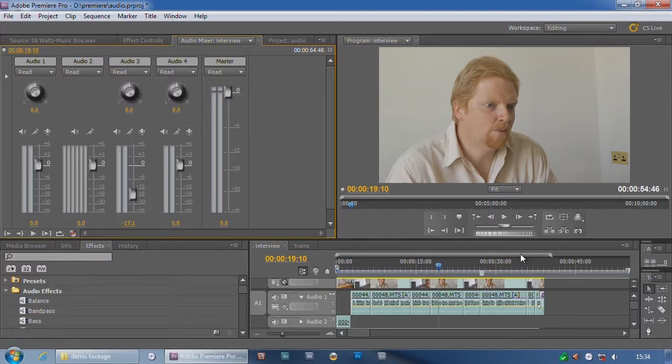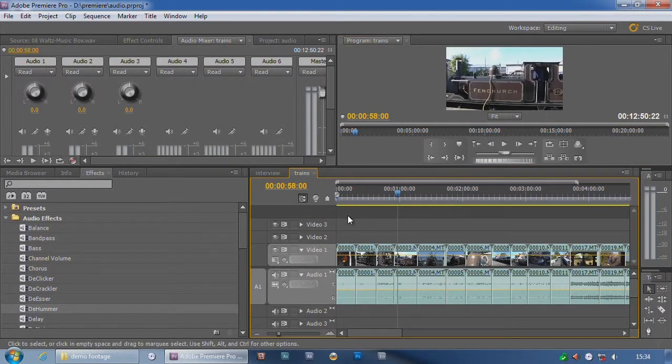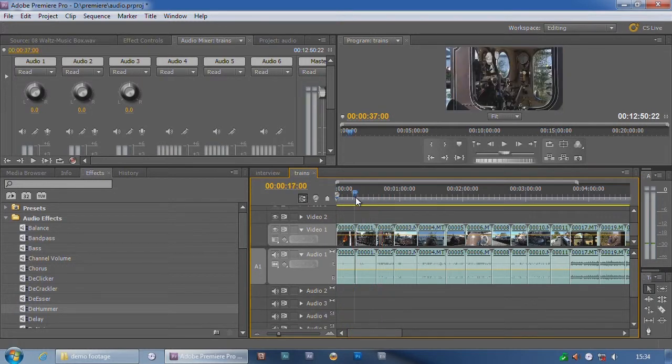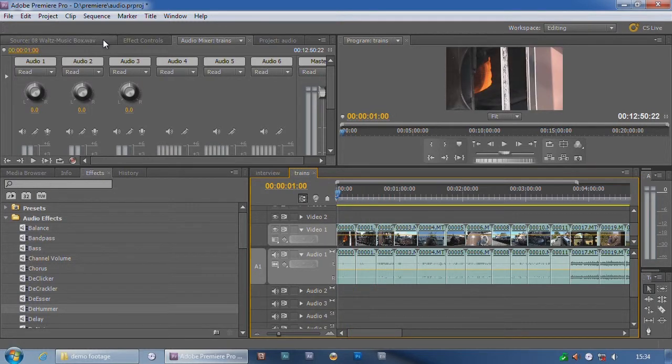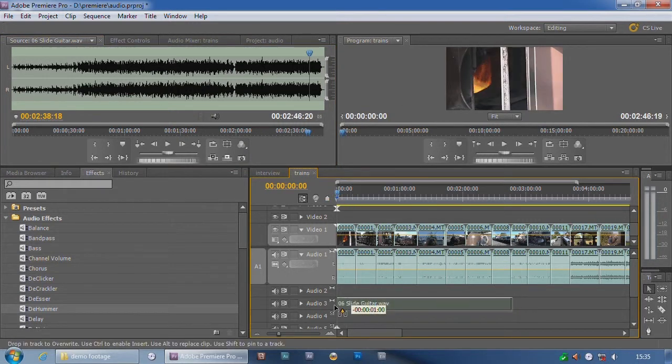So let's do one of these. Now, I've made a complete mess of this. I've put keyframes everywhere else, so I'm going to forget that. I'm going to go on to a different piece of video completely. Shots of some trains at our local Bluebell Railway, very popular place down here in Sussex. I'm going to grab hold of a piece of audio and I'm going to dump it underneath the video, and I just want to do a mix between some of